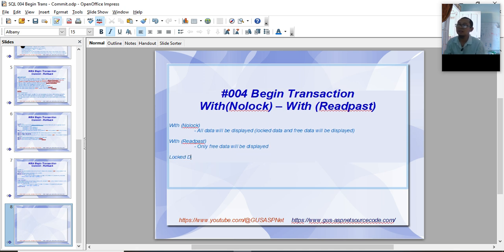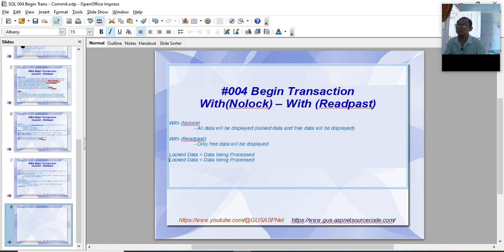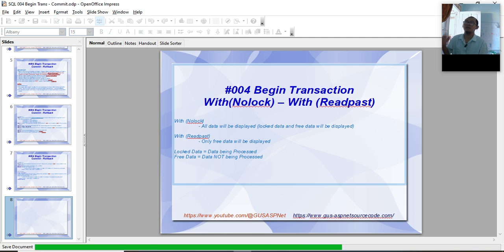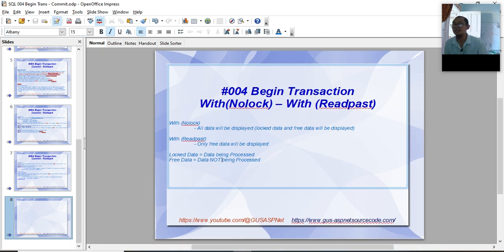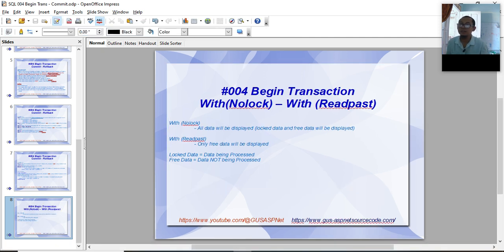Locked data means data being processed. Free data means data not being processed. Okay, I hope this is easy to understand, yeah.